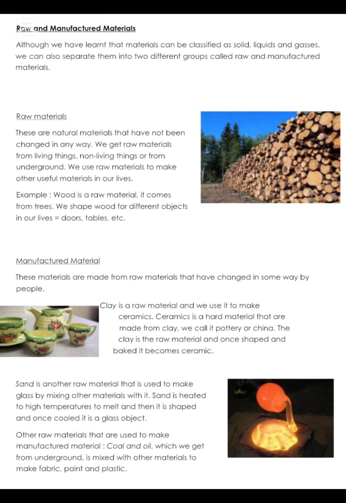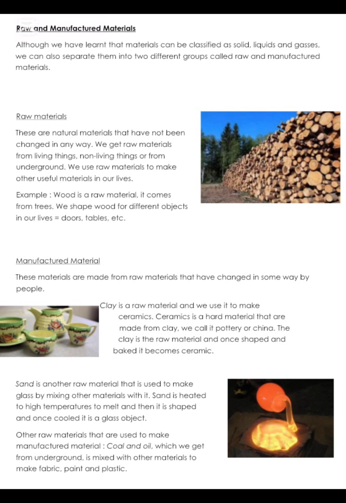Ceramics is a hard material that is made from clay. We call it pottery or china. The clay is the raw material, and once shaped and baked, it becomes ceramic. Sand is another raw material that is used to make glass by mixing other materials with it. Sand is heated to high temperatures to melt, and then it is shaped, and once cooled, it is a glass